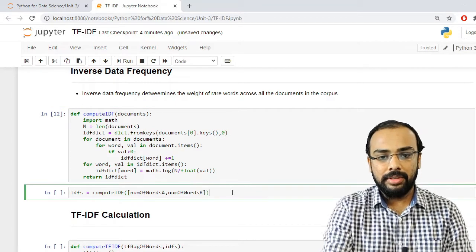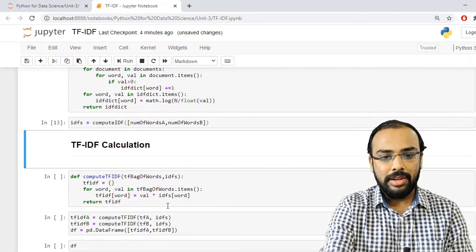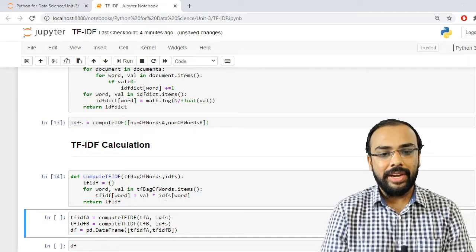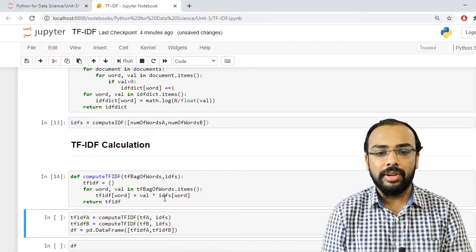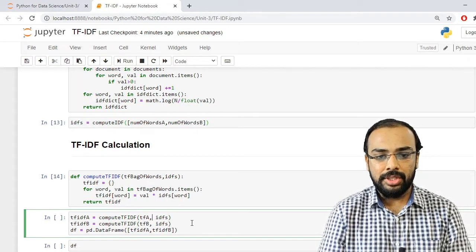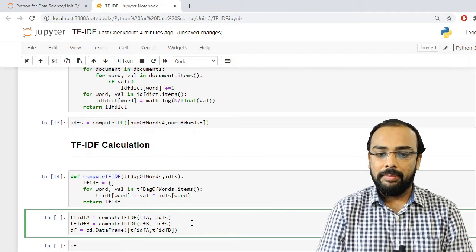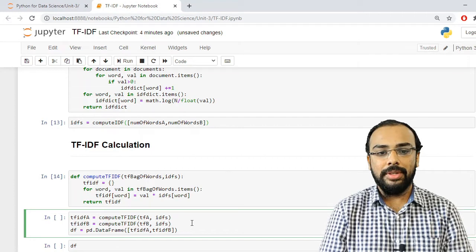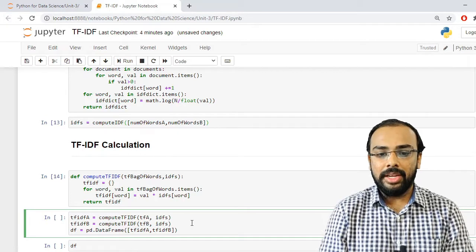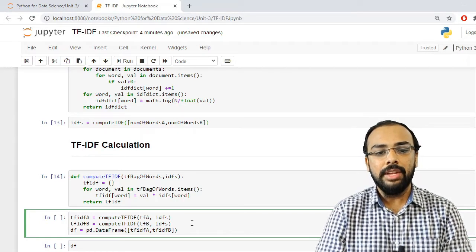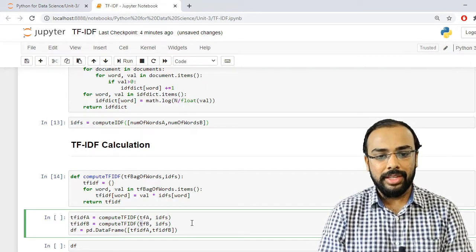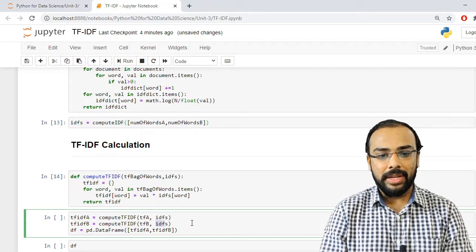So let me run this previous cell. Okay, now let us check this. Now I want to calculate TF-IDF. It will take two different things because we have two documents. So I am passing TF, that is term frequency of A, as well as IDF, because IDF will remain the same for both the documents. Why? Because it is the rare word measure. Now for document B, if you recall, the term frequency remains individual for each and every document and each and every word. So the first parameter here is TF of B,